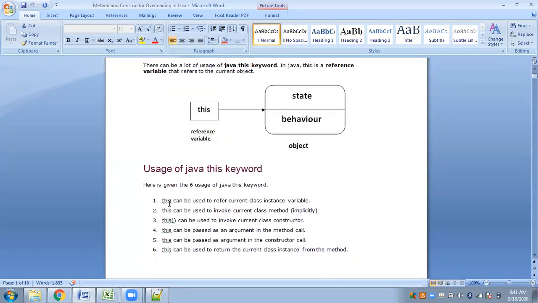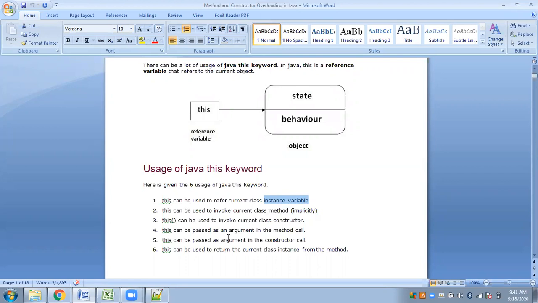If you see, this can be used to refer to the current class instance variables. Instance variables mean the object variables. This can be used to invoke the current class method. It can also be used to invoke the current class constructor.